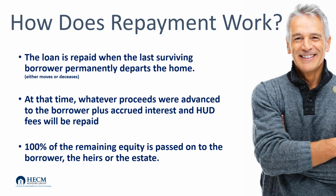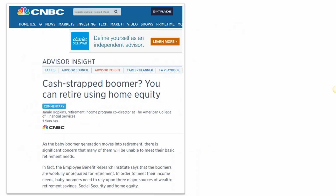And finally, the loan gets repaid when the last surviving borrower permanently departs the home, moves, or dies. At that time, whatever money was advanced to them, think of a credit card, plus any interest that gets accrued, gets repaid and 100% of all remaining equity is passed on to the heirs or the estate. That's the reverse mortgage. So let's talk about how you can use this to impact more clients, acquire new clients,